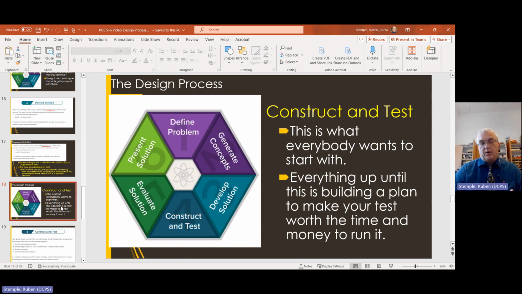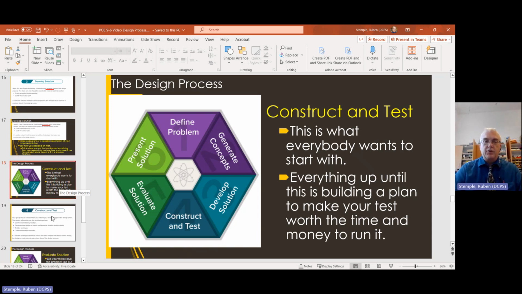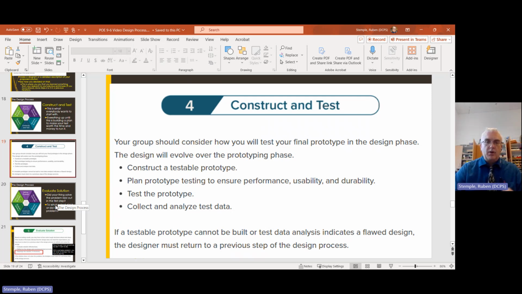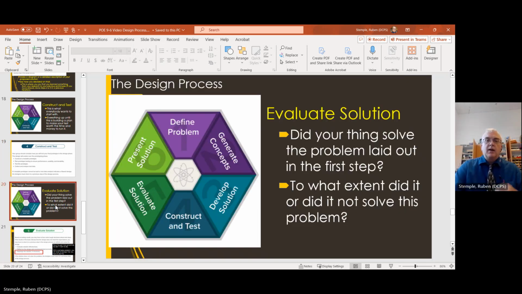And this is the fun part, right? I get it. This is the fun part. But also, you sometimes need to go backward from here. You need to generate more concepts, define a new problem, something like that. So constructing and testing is where we want to get to. We want to build things because we're engineers. And then you need to